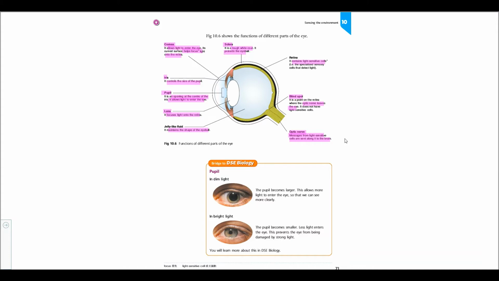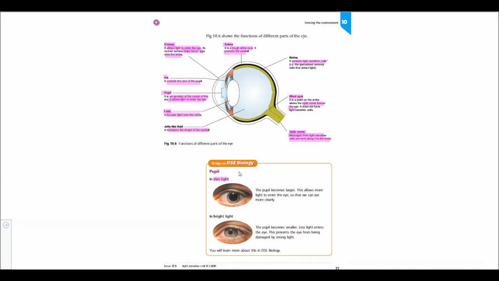So for the pupil and iris part, here you can see the bridge to the DSE biology. So it explains more about the relationship between iris and pupil. So basically, the iris controls the size of the pupil, and in different environments, the size of the pupil will change in order to let more light or less light go into the eye. So in dim light, that means a darker environment, imagine darker. If you want to see things more clearly, then you have to allow more light to enter your eye